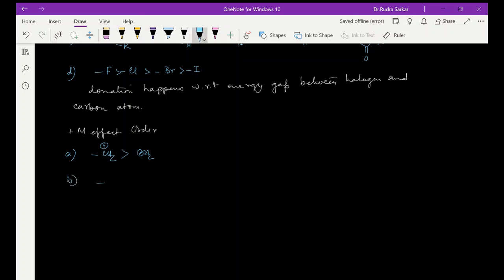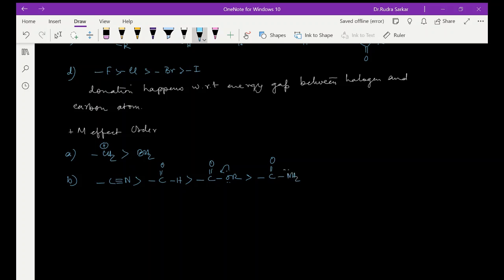So if you compare cyano group, it will be more electron withdrawing than the aldehyde, which will be more electron withdrawing than the ester, because in the ester itself there is some donation coming from the OR, okay, which will be more electron withdrawing than the amide,